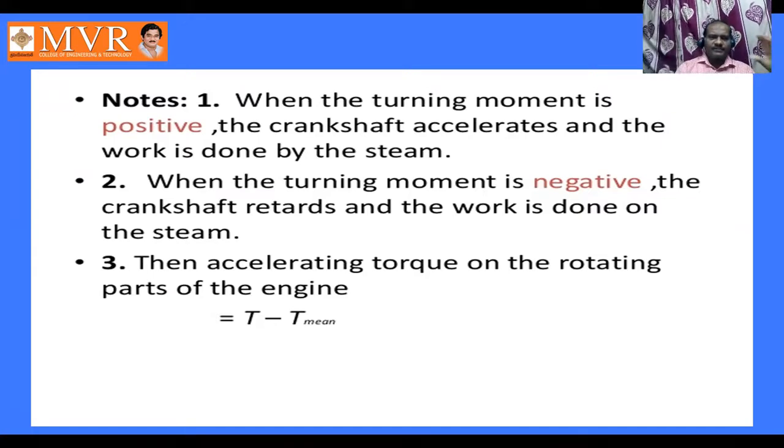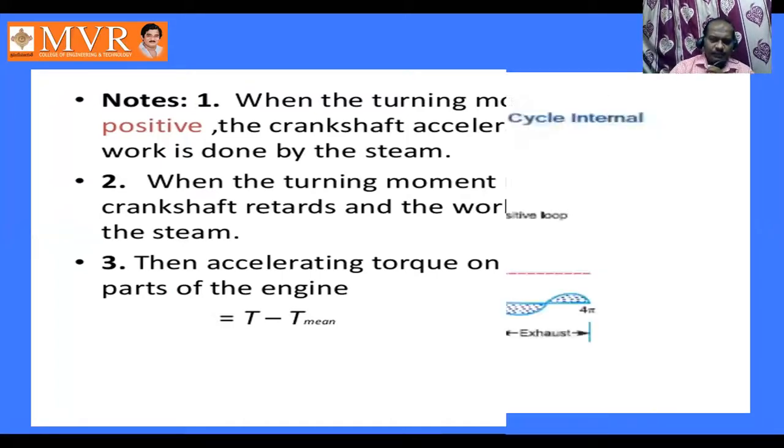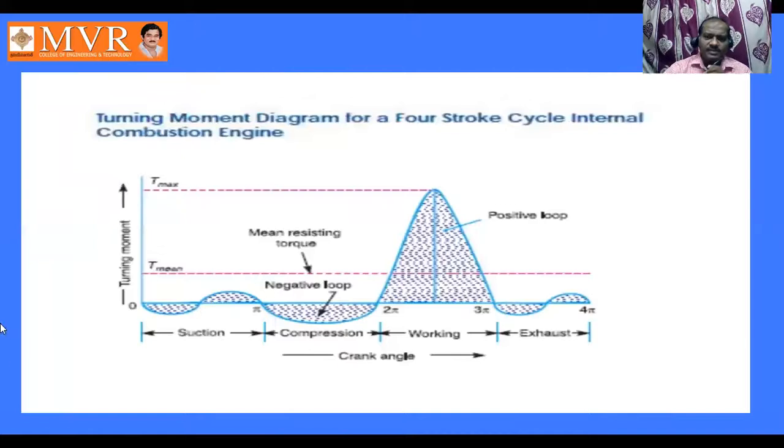So try to remember the fundamentals. If it is positive, it is accelerating. If it is negative, it is decelerating or retarding. The accelerating torque means T minus T mean. Below the T mean position is called the decelerating or retarding position. So this is a sample diagram of a